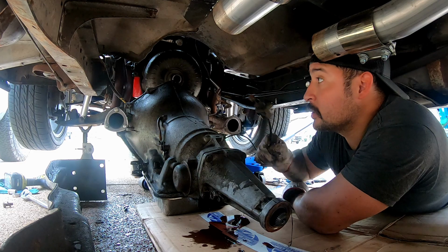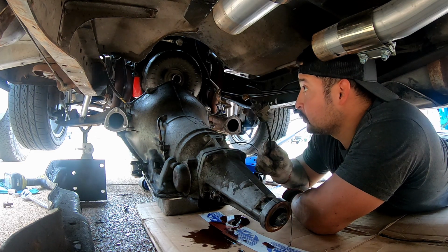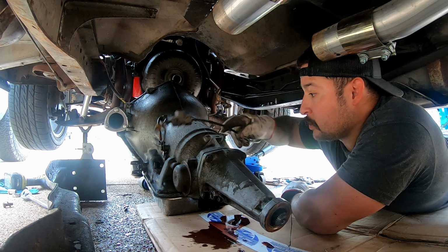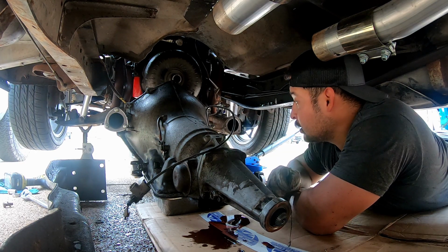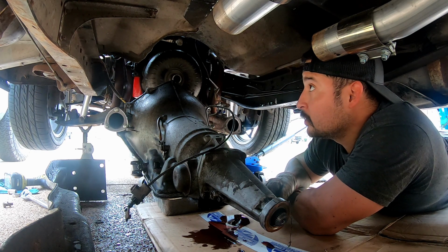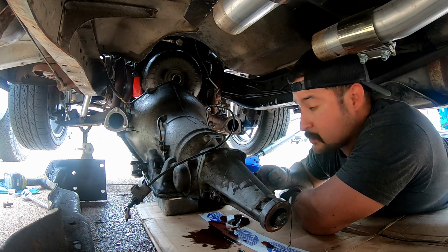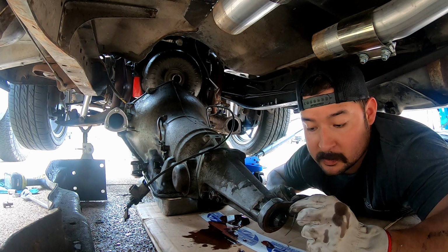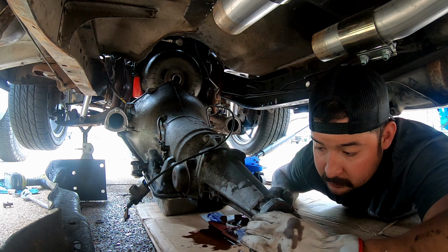This is what connects up to your throttle, your carburetor or whatever. But yeah, that's it. It's out. I'm gonna move it around, just move it back some. And if you do this, you might want to get the plug for this deal. Actually, I could probably replace this seal now that